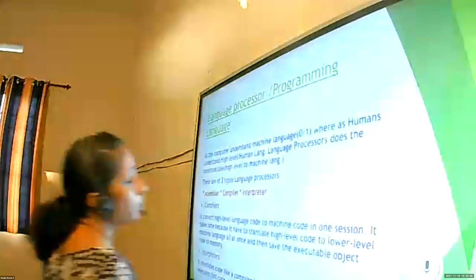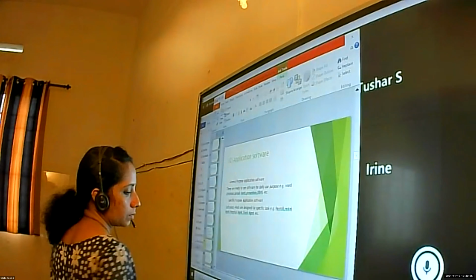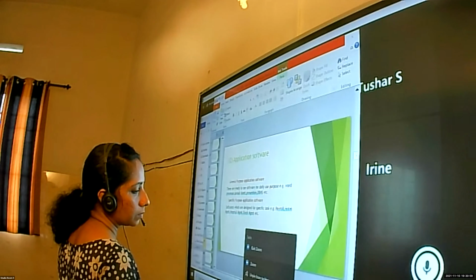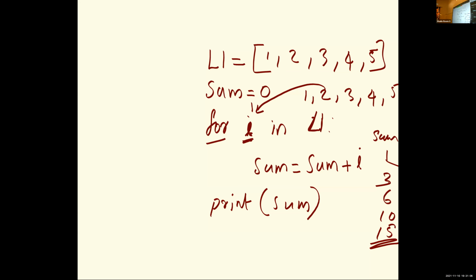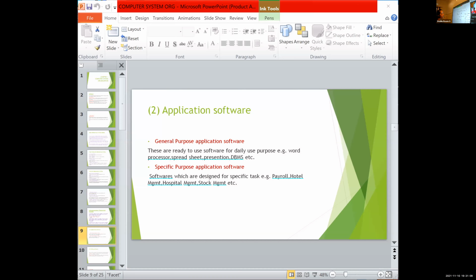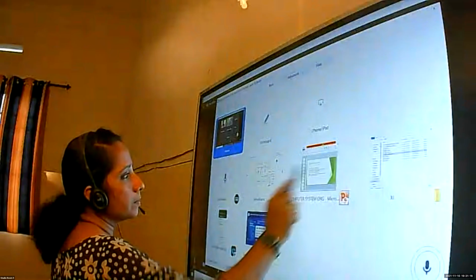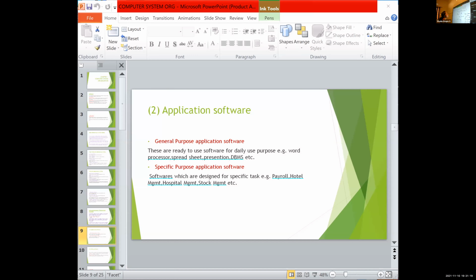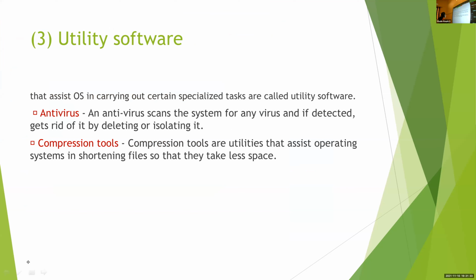So the previous period, the topic we discussed. Okay, so we are discussing about different types of software. So Friday onwards, we can start the new chapter.